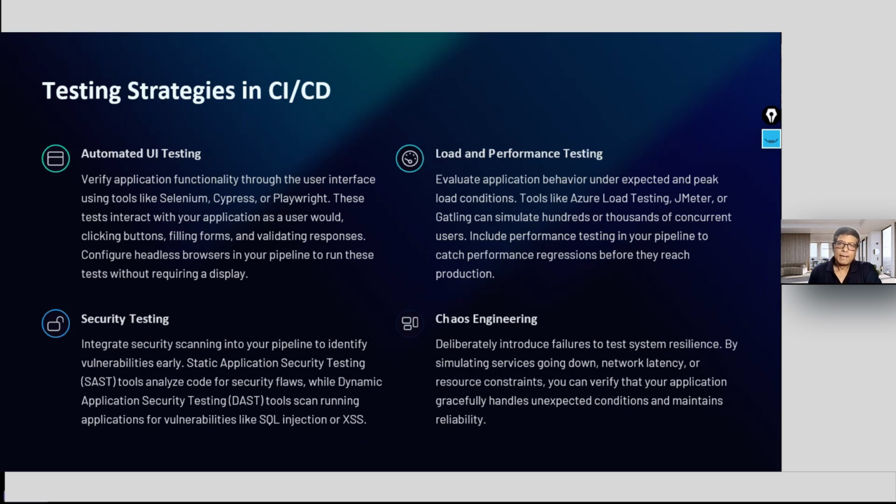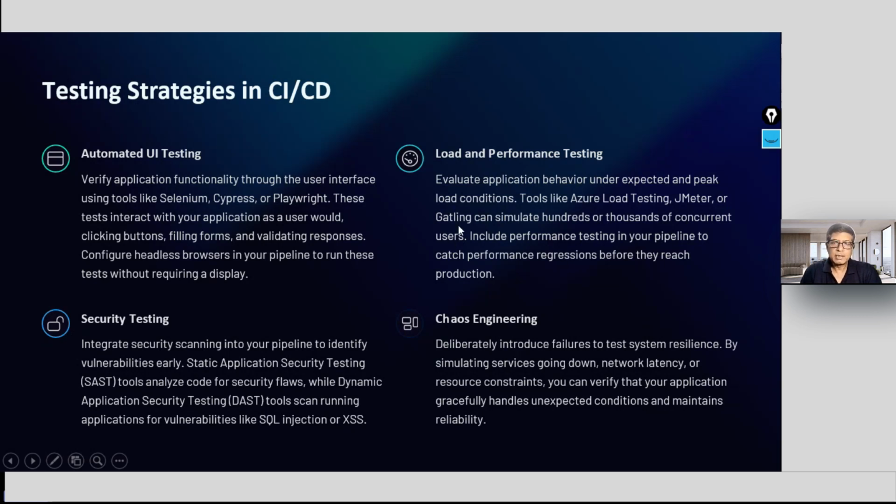Okay. Load and performance testing. You can evaluate application behavior under expected and peak load conditions. Azure DevOps has given you tools like Azure Load Testing. You do not need to buy load testing tools from outside. Otherwise, tools like JMeter or Gatling, Gatling is also very popular nowadays.